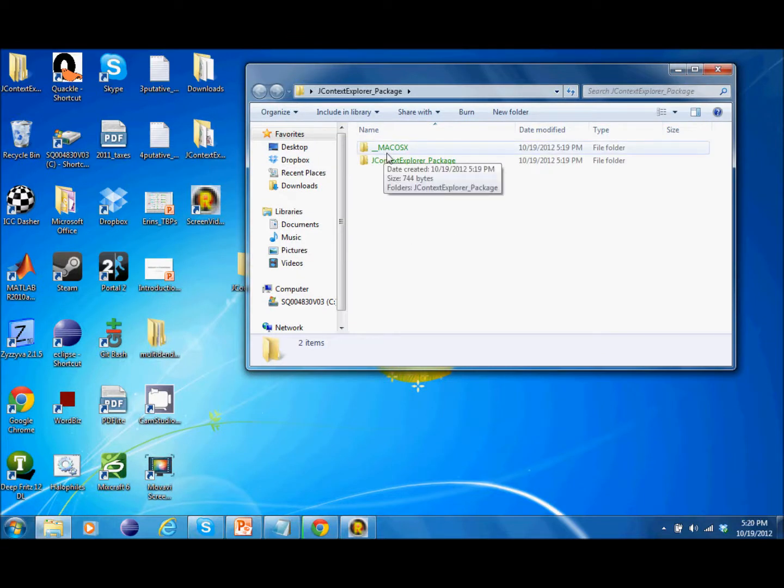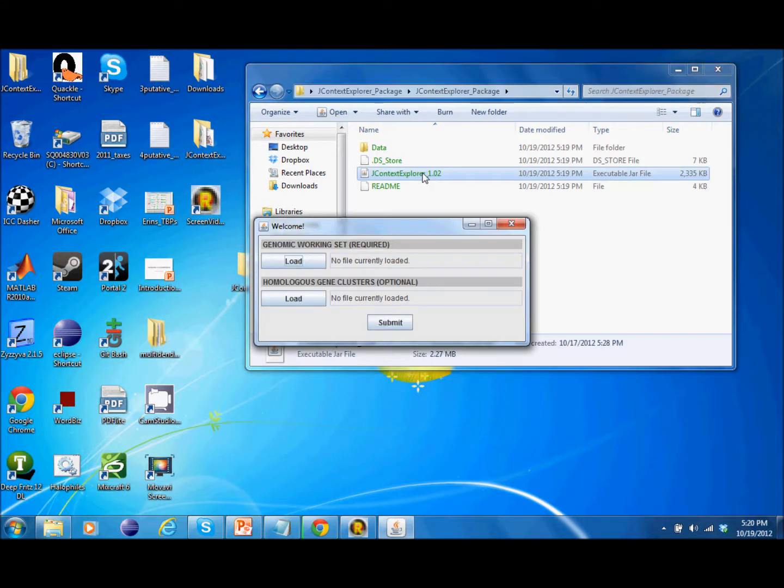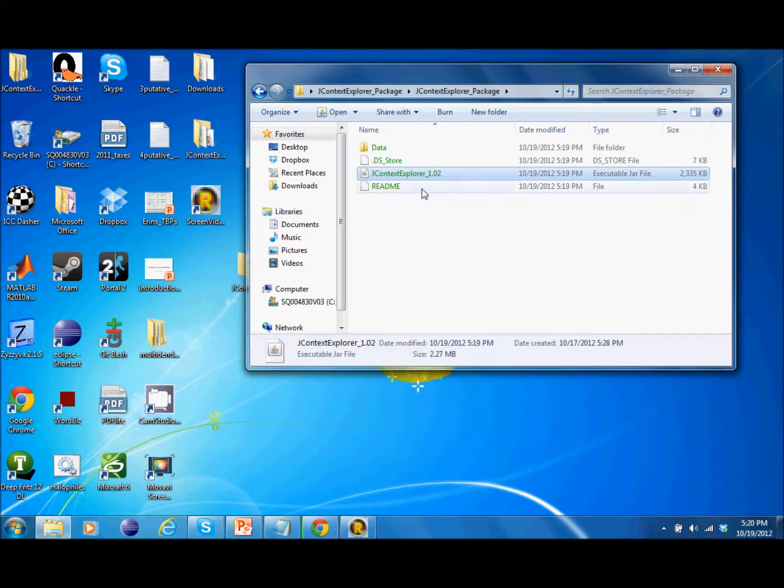Just go ahead to the folder that says JContextExplorer package, and this is what folders look like. The program itself is in the form of an executable jar file. Jar is Java archive, and the way to execute this program is simply to double-click here. But before we go forward, I want to explain some of the other files that I included here. So I'm just going to close the program and check out the README file,